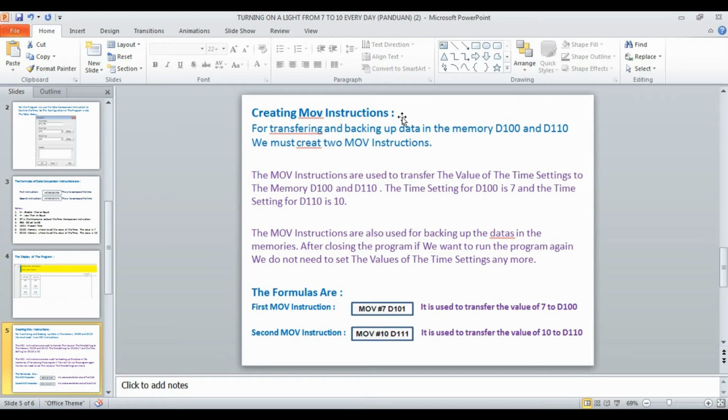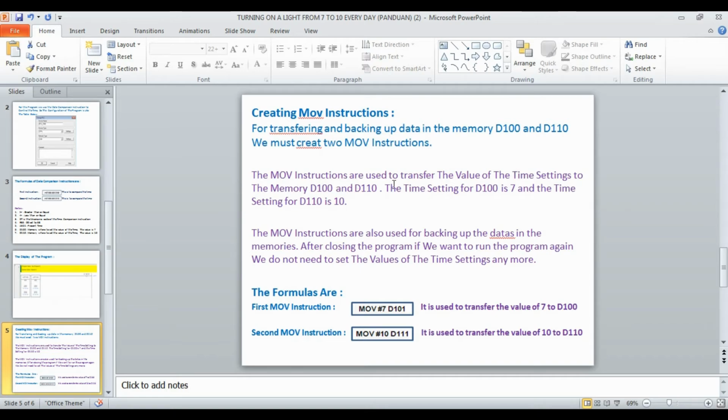Creating move instructions for transferring and backing up data in the memories D100 and D110. We must create two move instructions.